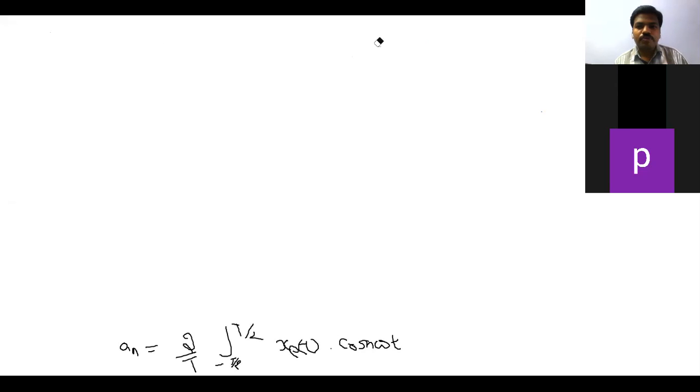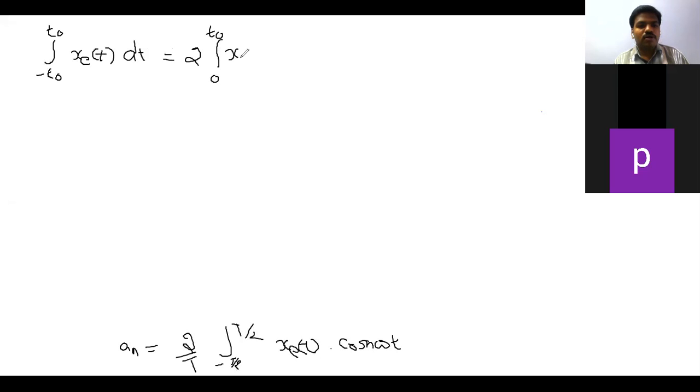Now that is the integral from minus T naught to plus T naught of x e of t into dt, which should be written as 2 into integral of 0 to T naught